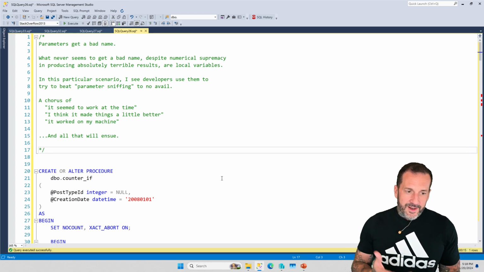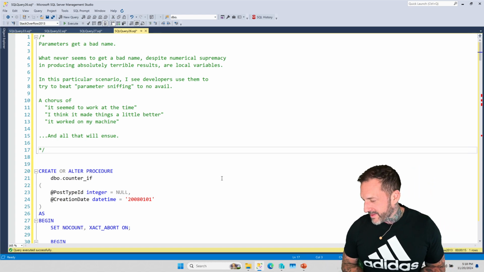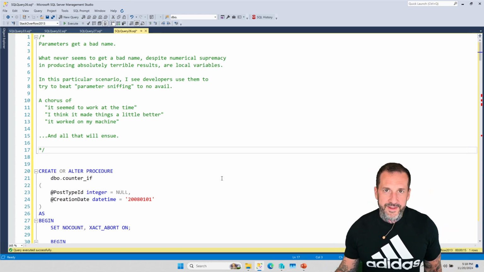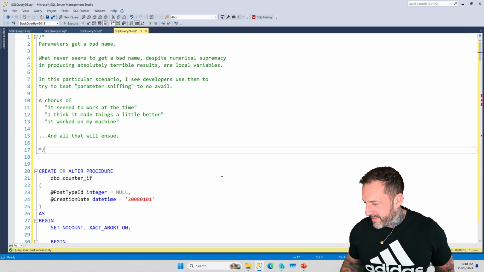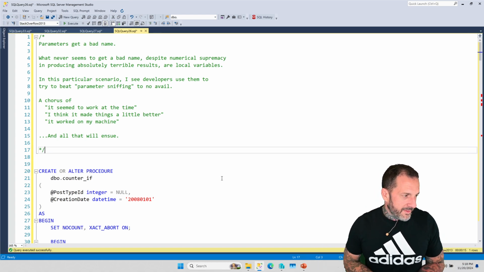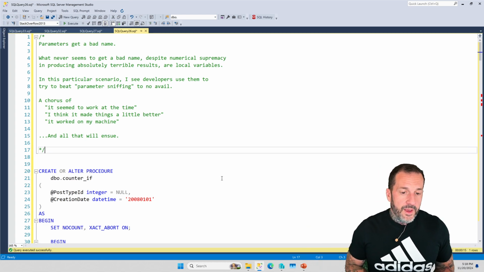But that's not really true. Parameters are often a great thing. They're often wonderful things to help you have stable query plans and performance and not have to compile all the time. Look, it's usually a pretty good thing. I don't understand why you're freaking out.